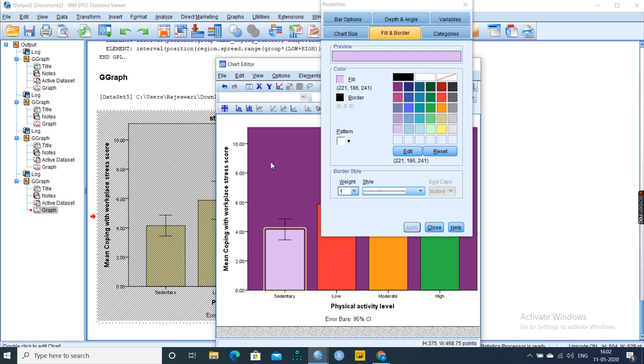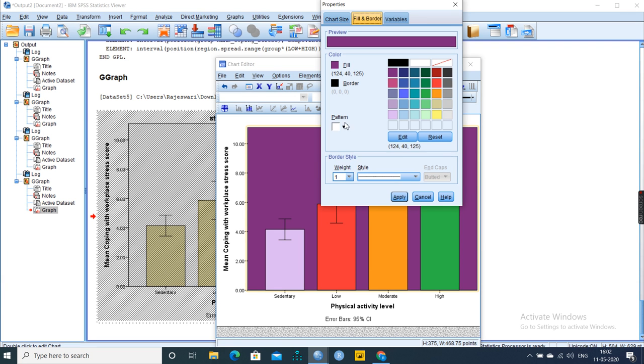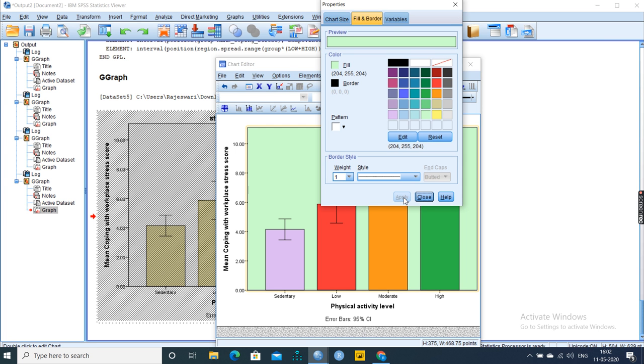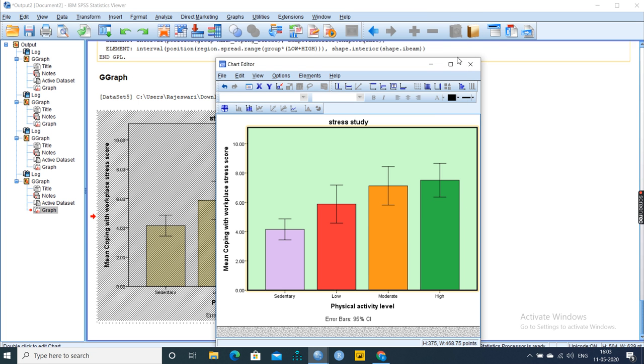So now I don't want this background at all, so let it be white, otherwise say green, this color, let it be like this. So all these you can do. Border, I want a very thick border, weight to be like this. You can change the weight, apply, close. So this you can do.